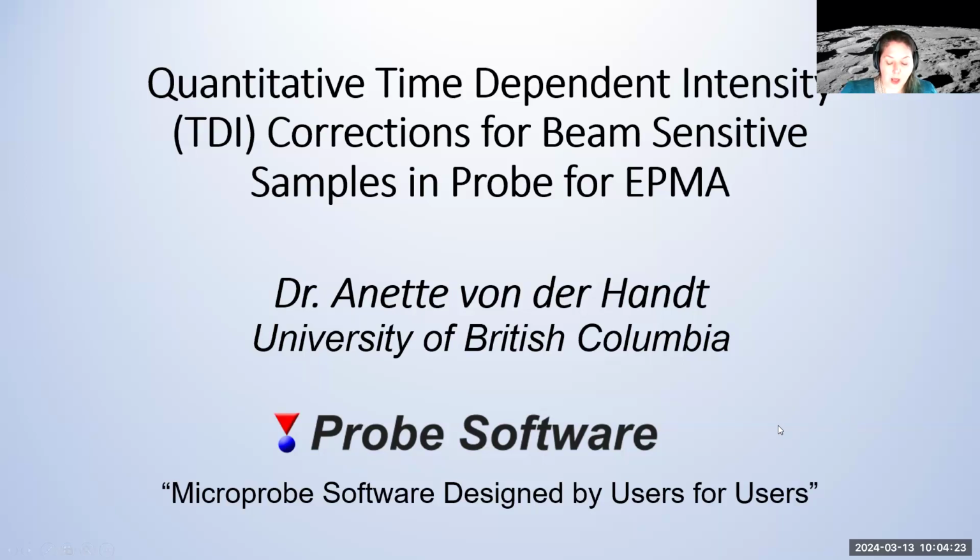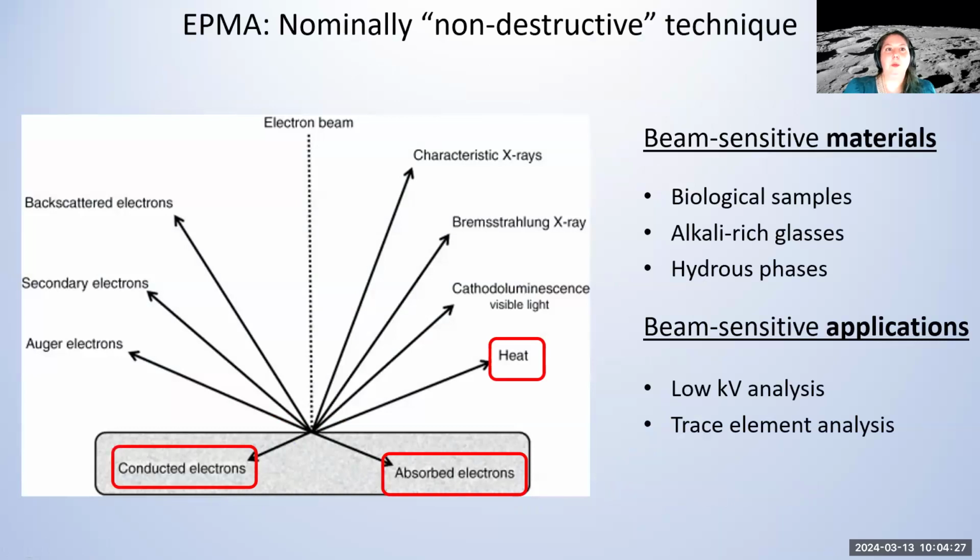Okay, so when we talk about electron microprobe, usually we refer to it as a nominally non-destructive technique. And so that's one of the advantages over other microanalytical techniques like the laser or SIMS, where we actually remove material. However, depending on the material, we actually are not always completely non-destructive. And the reason for that is that we